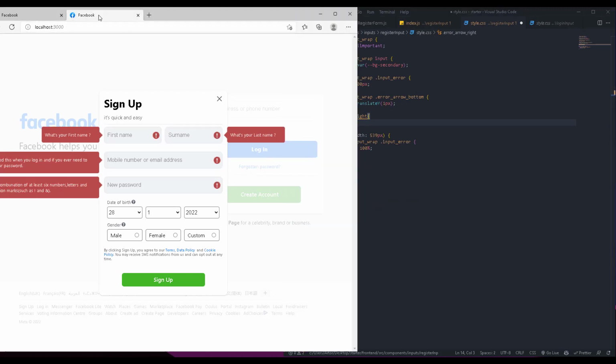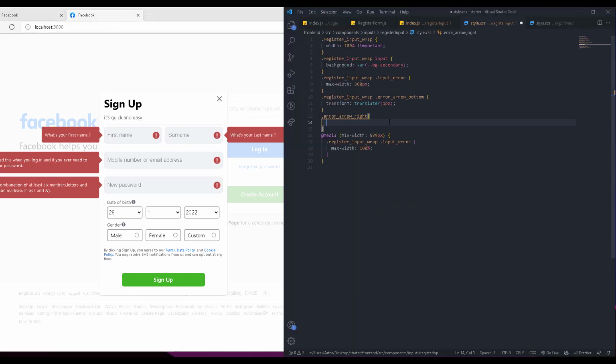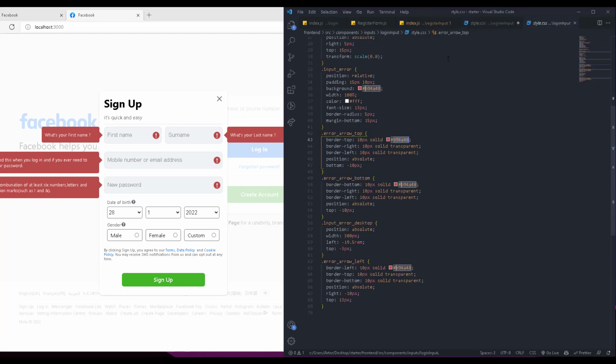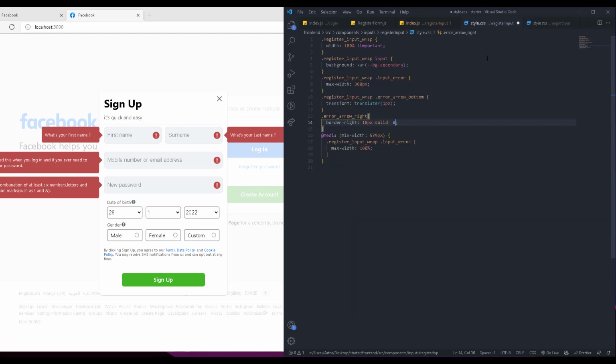So we're gonna create a triangle. Simply the base is the right, so border right. Okay, and it's gonna be 10 pixels solid, and it's gonna be which color? I'm gonna get the color from the login input, this one. Okay, yeah, you should have done the variable, you should do it. Okay, it's better. All right, here we define the border right. Now we need other than the point, which is gonna be top and bottom. So border top is gonna be 10 pixel solid transparent, and then we're gonna go and also do it for the bottom,